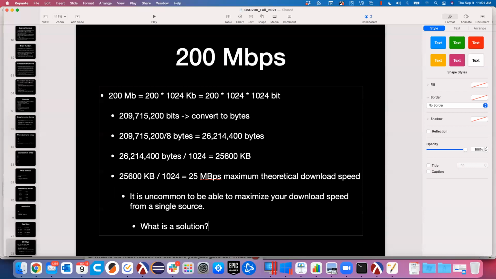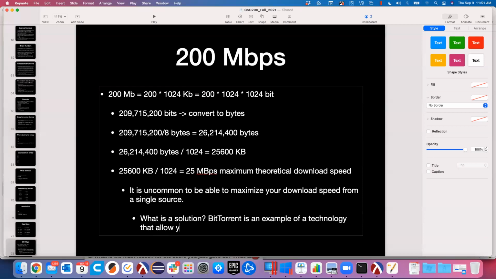Okay, and are any of you familiar with something that you can use that allows you to download from multiple sources at once? BitTorrent. Yep. So BitTorrent is an example of a technology that allows you to download parts of a file from various simultaneous